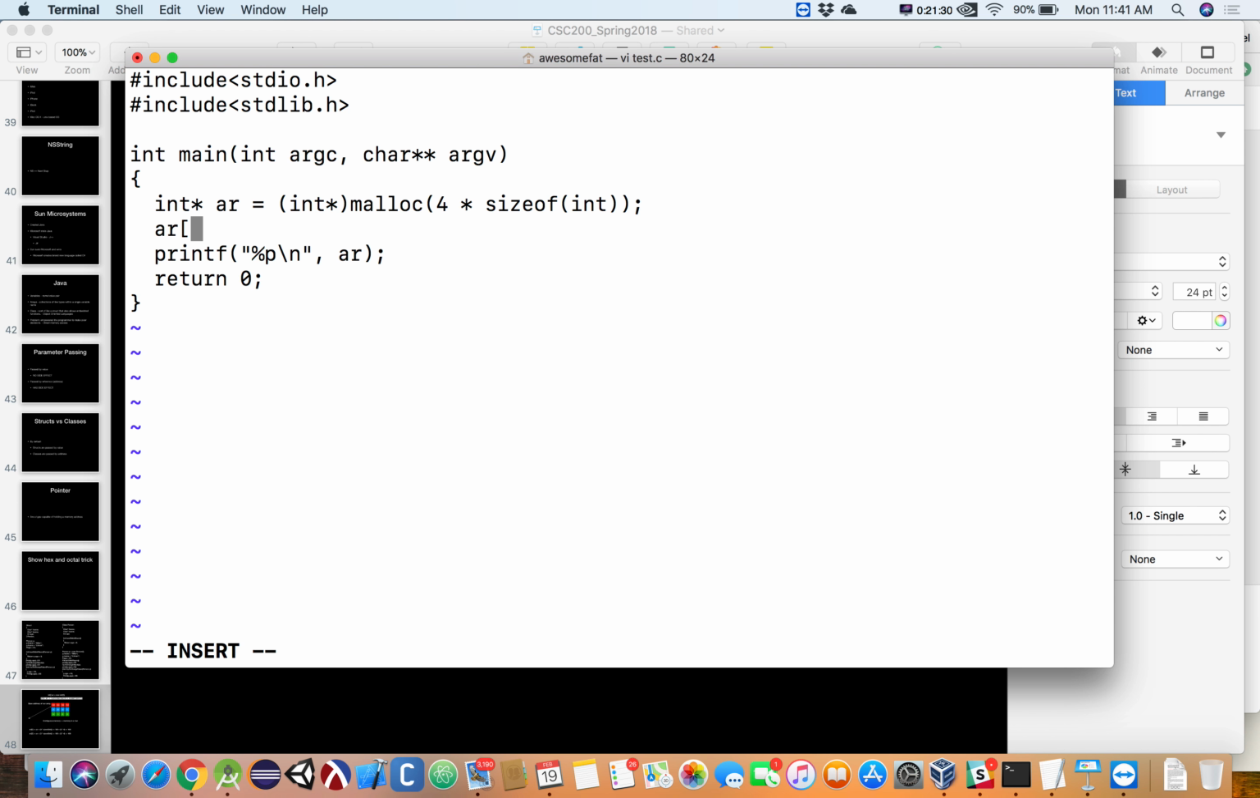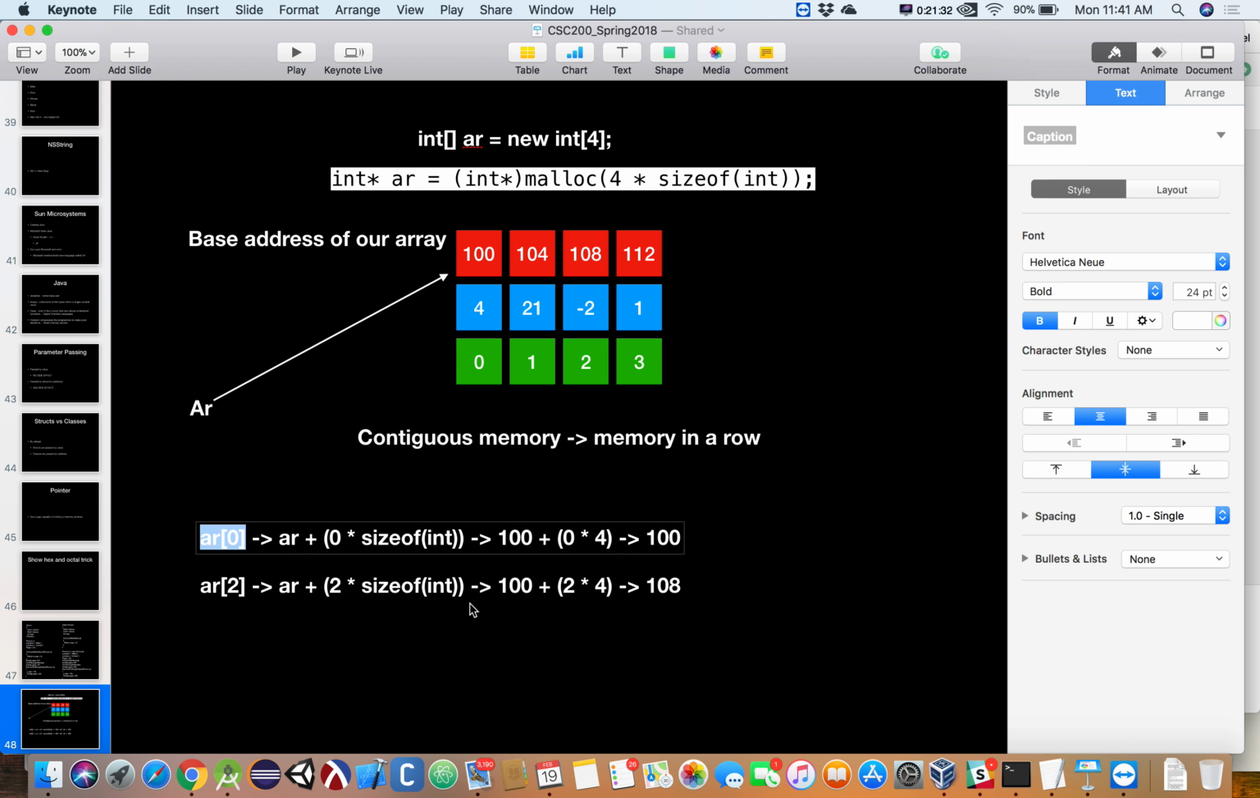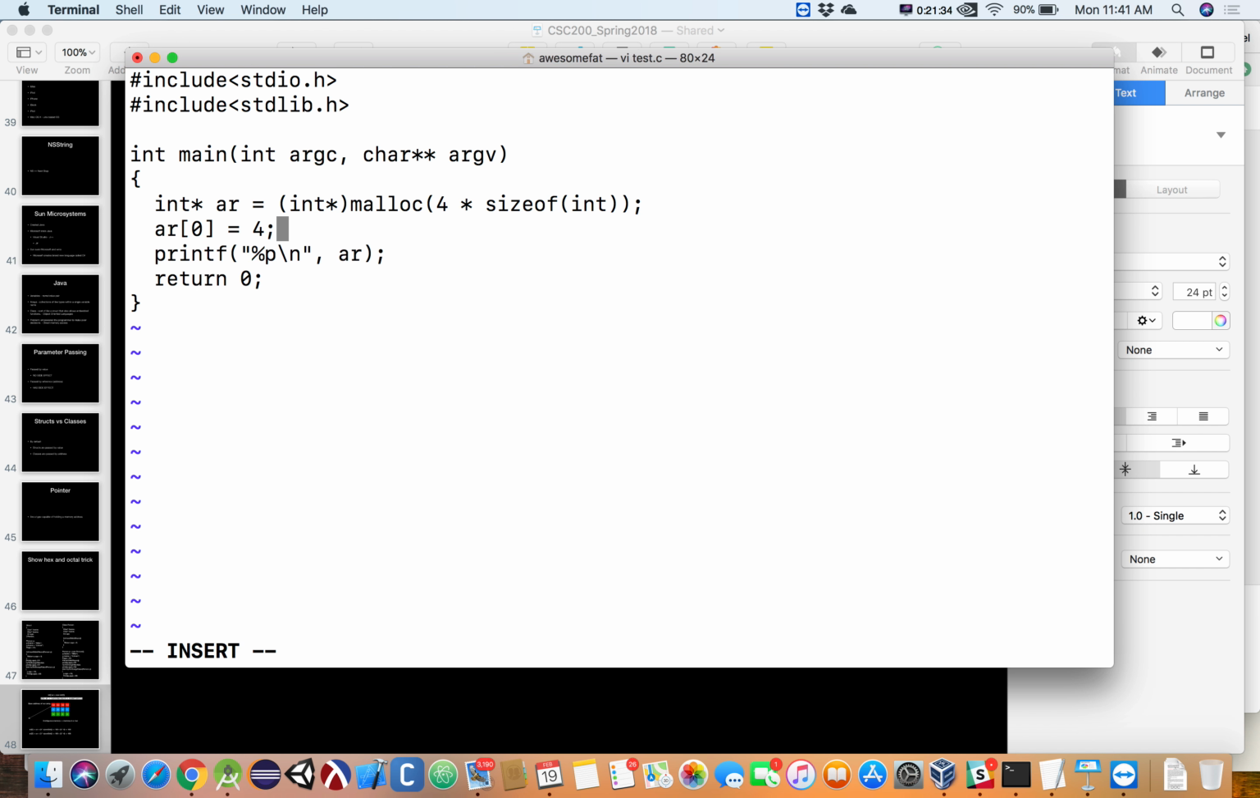So I'm going to say AR at bucket 0. I'll show you both ways. AR at bucket 0 is equal to that. AR at bucket 1 is equal to, what do I have there? 21. AR at bucket 2 is equal to, is that the negative 2? Yeah. And AR at bucket 3 is equal to the 1. Yes. All right, then if I come in here and I say I want to print out the integer that lives at AR at bucket 2,